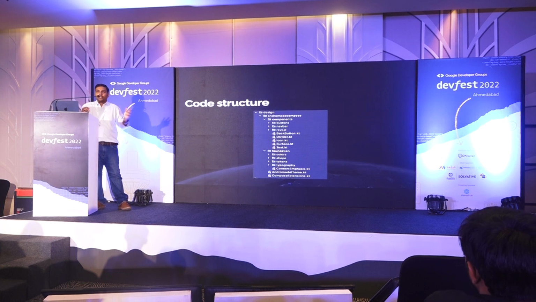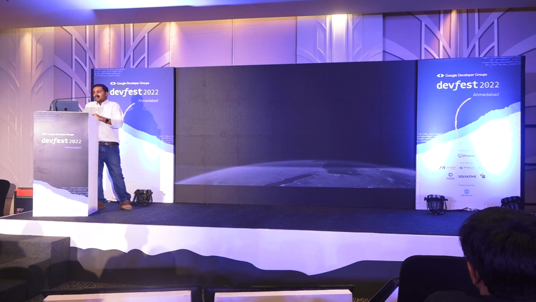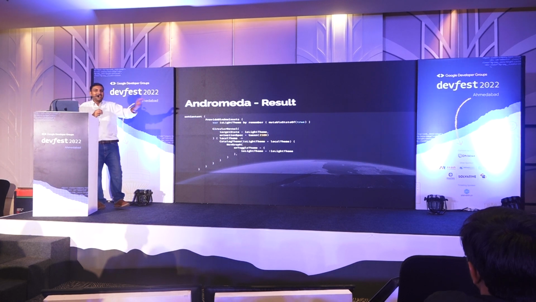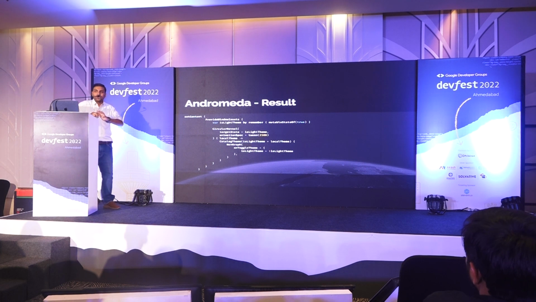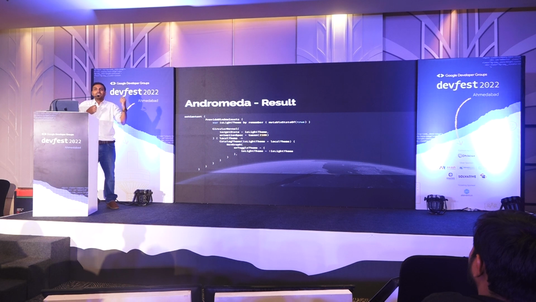Most importantly, how does Andromeda look? Project structure, straightforward, nothing complex. It's open source. You can find it on GitHub. Most importantly, the result is this, that we provide window insets. Anyone? No? Okay, not even going to touch the topic. For that I need an extra hour. But the point is, I want the status bar to be transparent. Map screen, have you ever seen Google Maps? Map flows behind, all those things. Then I want a circular reveal. When I click on some screen, going from one screen to another, that magical show that happens, circular reveal. All those, just wrap it around it, right? That's the advantage of writing your own design. See, these are intentions from my side. These are my personal opinion, circular reveal works.